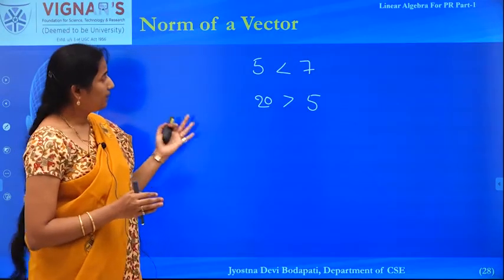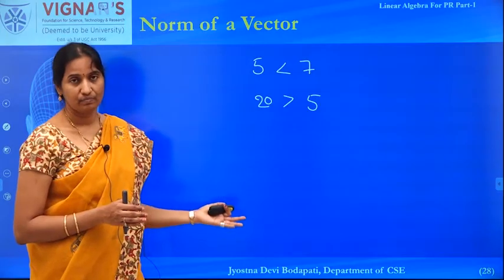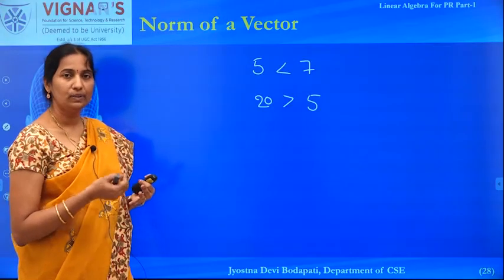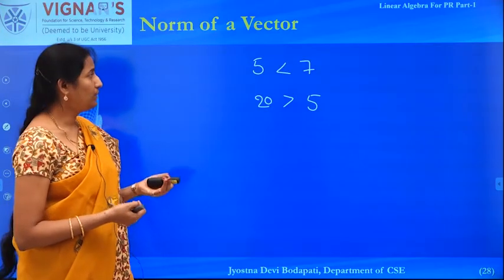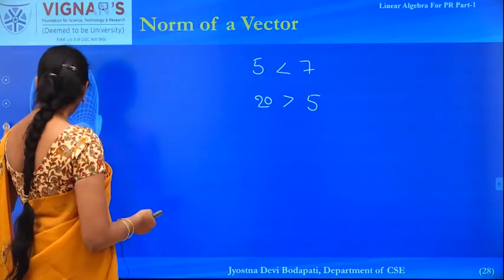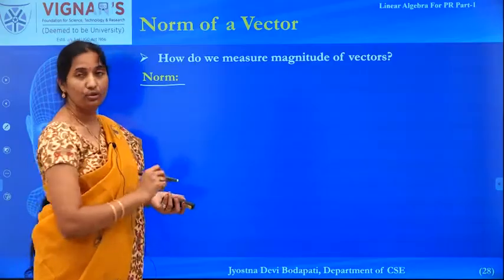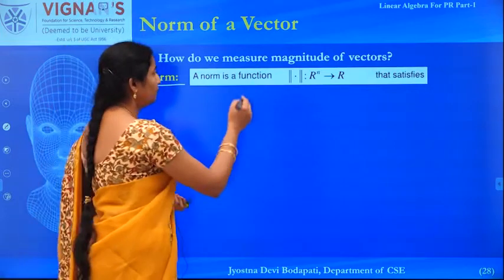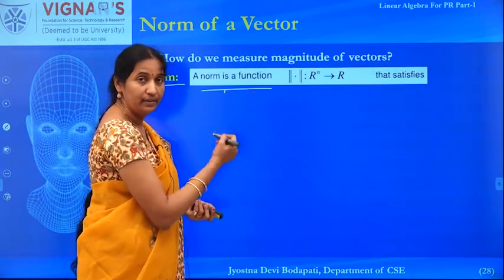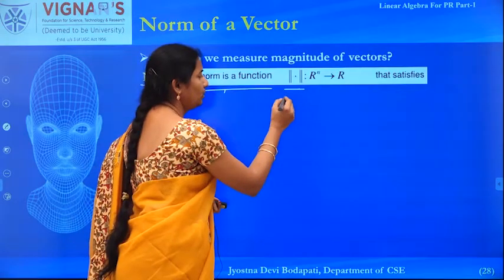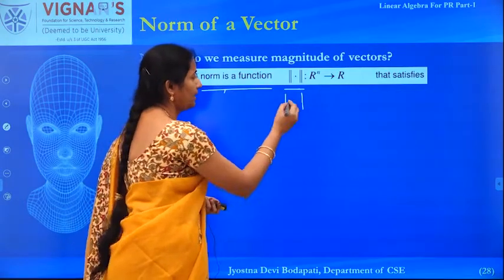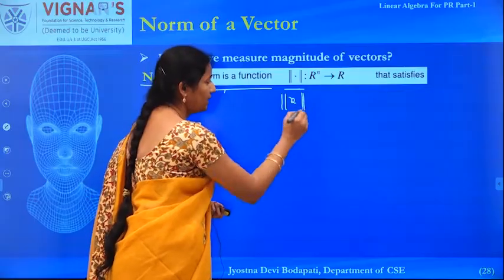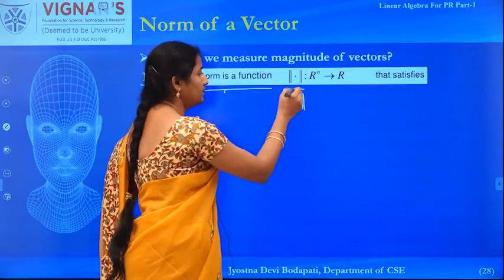But how do I compare vectors? You have to compute the magnitude, right? Before comparison of vectors, you should compute their magnitude. The way you compare the magnitude of vectors is with the help of the norm. The norm is the one which allows you to compute the magnitude of vectors, and there are different forms of norms also, and the norm can be considered as a function. It is always represented either with two vertical bars, where your vector is placed within the two bars, or you can even represent it this way.